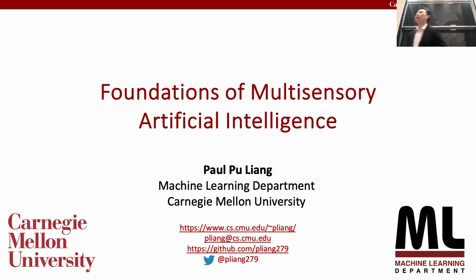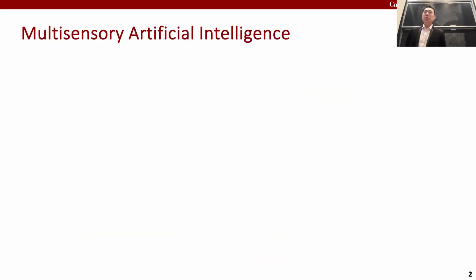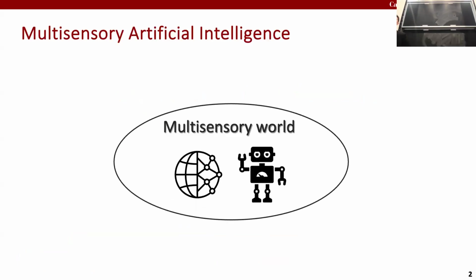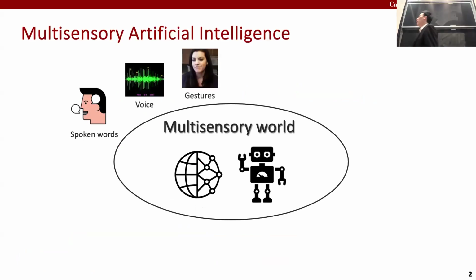I'm really excited to come here today and present my latest research on the foundations of multisensory artificial intelligence. So we've seen great progress in AI. However, most of our best systems still only perceive a very narrow slice of the full multisensory world. For example, we have systems that understand our spoken words in language, but these systems don't also understand our vocal expressions, any facial gestures or body language we might be using to convey our expressions, such as pointing to a particular object.